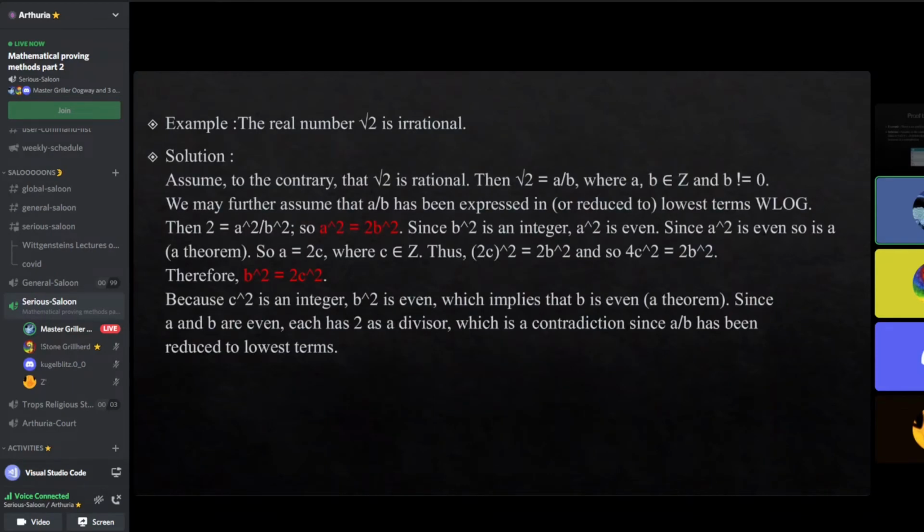Okay, let's get back. The real thing you have to always have in mind is that when you're asked in mathematics to prove something by the method of contradiction, you are not allowed to just say this contradicts a fact. You have to show that if you assume the contrary, it leads to a contradiction. That's the important part. What we're doing here is assuming the contrary, and the contrary of this statement is saying that the square root of 2 is actually rational. Now, this part here, I am fairly confident that if you have been